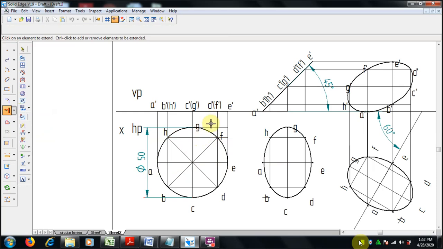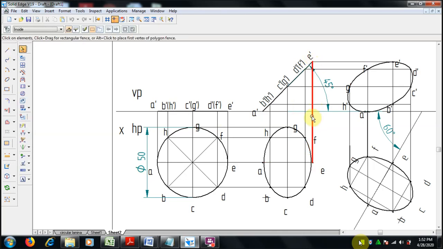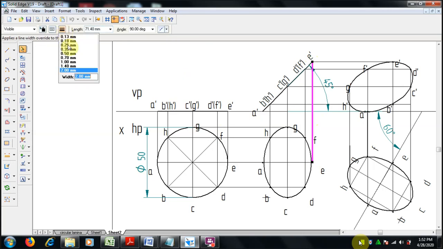So from this you can extend the lines we already trimmed off. Where there are no lines to extend, we have to draw the lines using the line command. So go and select the line command. The thickness should be 0.13 mm. Select 0.13.